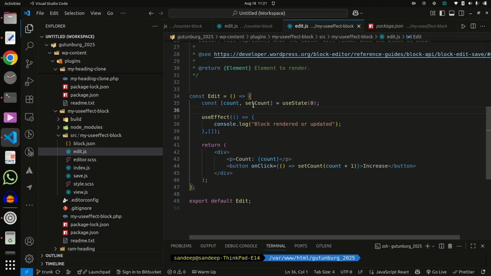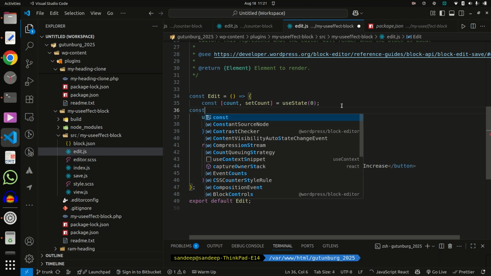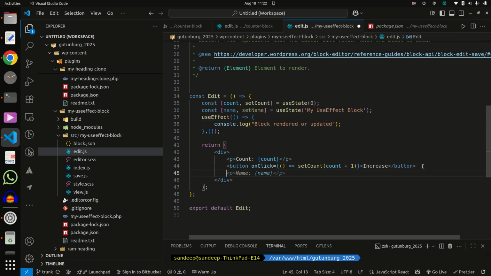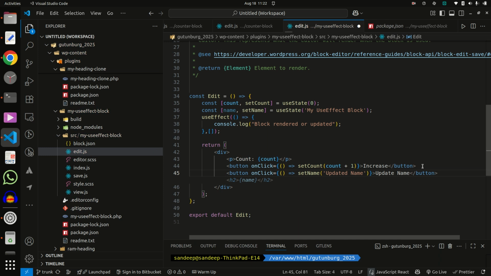So for that I am using another state, like a name state, const name, and inside that I am using a button so that I can update the name, and here I also show the current name.